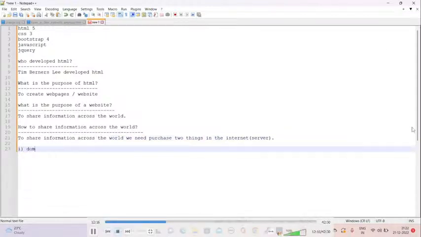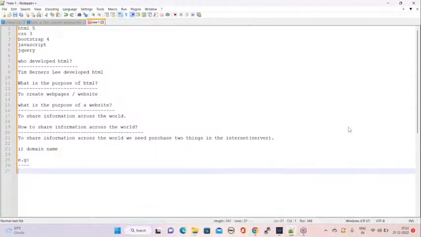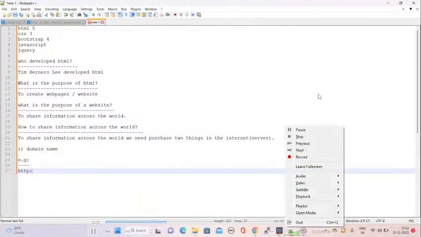One is domain name. For example, HTTP colon